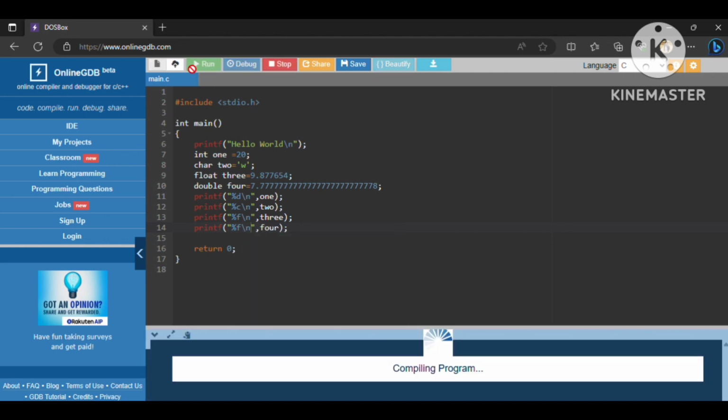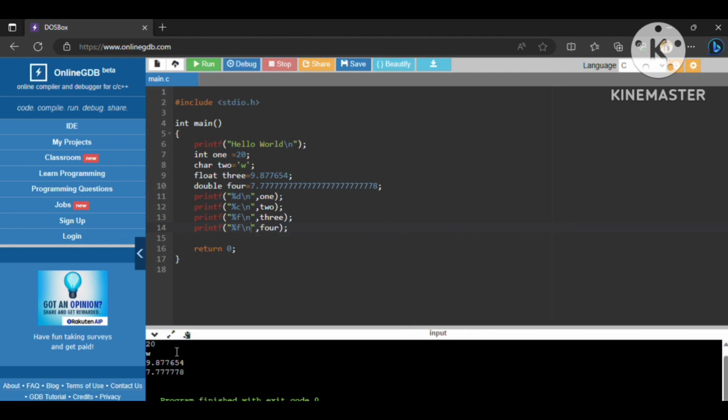See, we are getting hello world in one line, 20 in one line, w in one line, 9.87 in one line, and 7.778 in one line. So in this topic we have completed the variables and data types. If you want to know more about this, I will share the PDF file, and you will have to practice a number of things on YouTube. And now the last topic is about